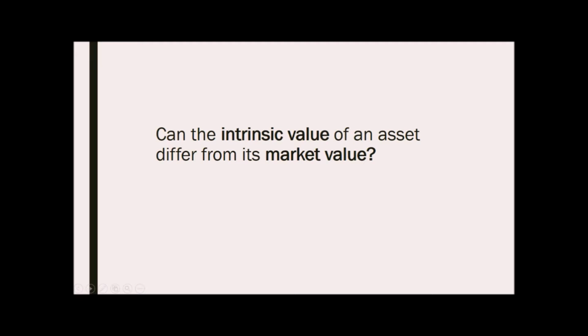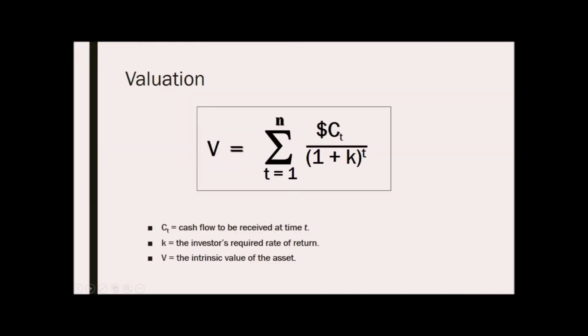Intrinsic value is an estimate of the actual true value of a company. Market value is the value of a company as reflected by the market. Therefore, market value may be significantly higher or lower than the intrinsic value. Valuation is the process of determining the current worth of an asset or a company. This can be estimated by adding all the future cash flows and earnings.